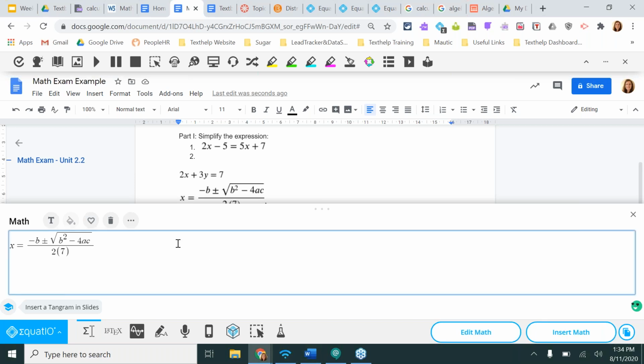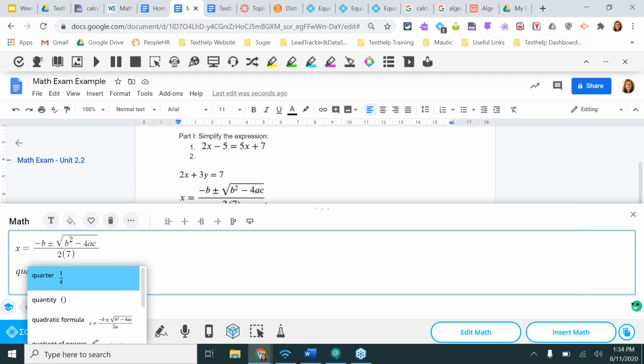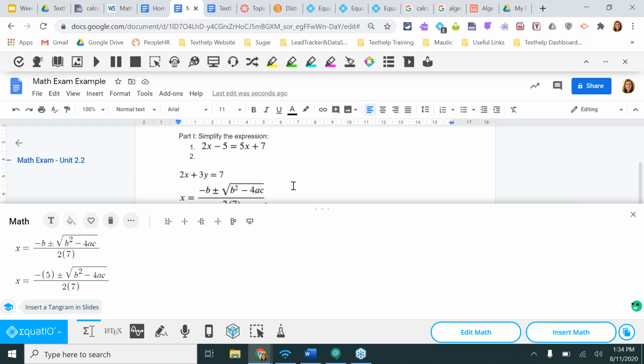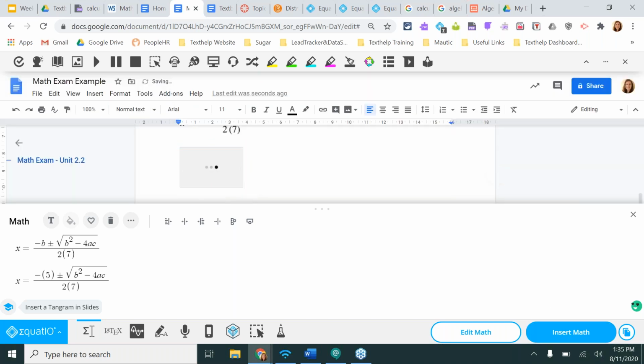This also allows you to do multiple lines. So if a student decided, I need to show multiple steps of an equation, I can always type in the quadratic formula again. Maybe I figured out that A is 7. Maybe I figured out that negative B is 5. This is, again, Rachel doing math from 15 years ago. We can add in multiple lines of an equation that's being solved, and it will go all in together in one fell swoop, as you can see. So we've got that order of what they did. So really easy for students to show their work, okay?